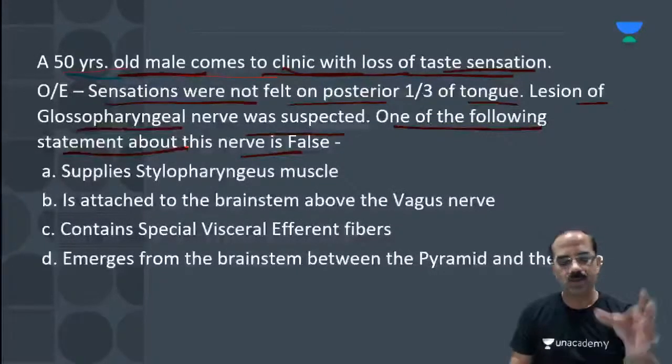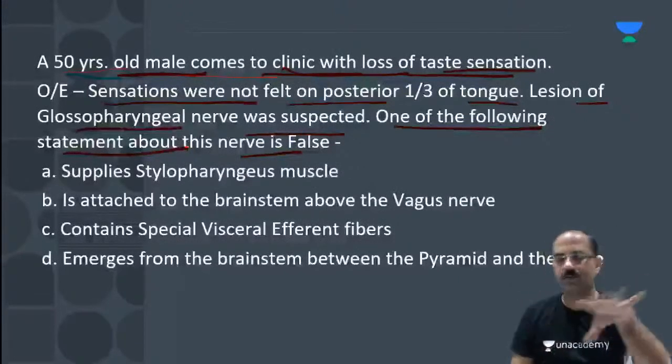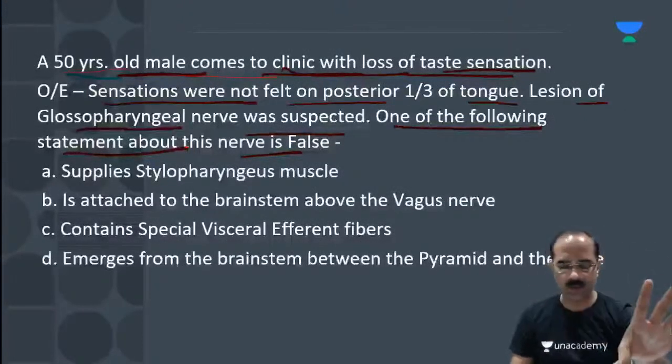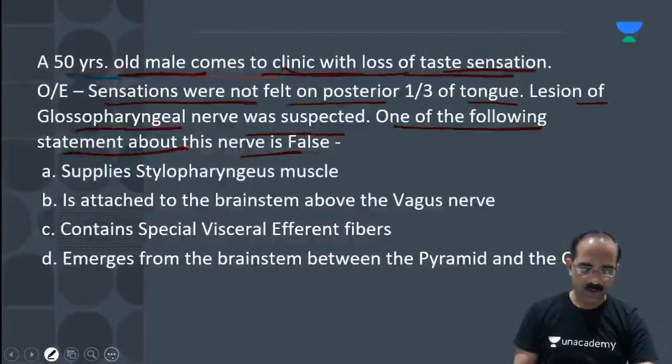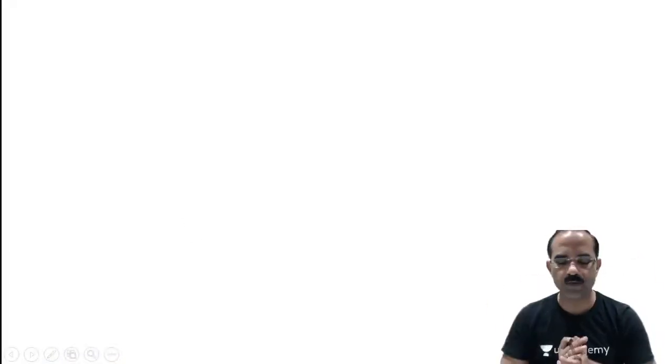Okay. So come on, quickly we'll revise the glossopharyngeal nerve. Whatever you know about this nerve, just tell me. So you'll get an overall orientation for all the nerves, right? Tell me students quickly, glossopharyngeal nerve is a nerve of which pharyngeal arch? Third. There's only one muscle present in the third arch. Name? Stylopharyngeus. So glossopharyngeal nerve supplies the stylopharyngeus muscle.